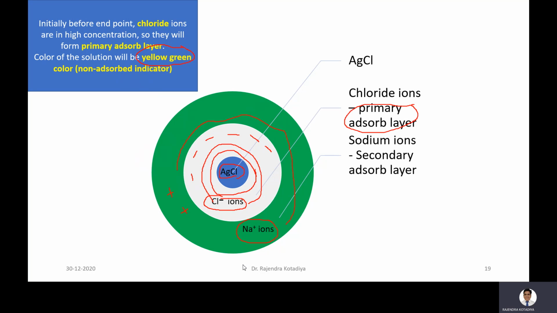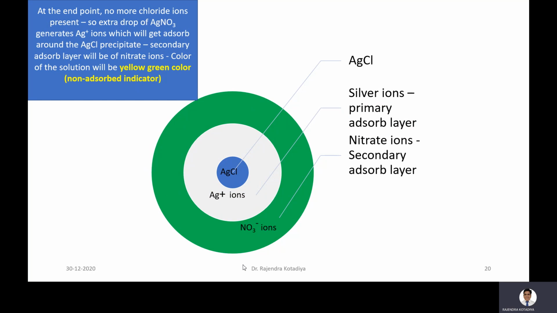Now what will happen when almost all chloride ion gets formed into precipitate with silver ion? So just imagine at the endpoint, no more chloride ion is present in the conical flask. That means all the chloride ions that were present have been utilized for the formation of AgCl precipitate. Now what this precipitate will do, again it has the capacity to adsorb its own ions, so it will adsorb